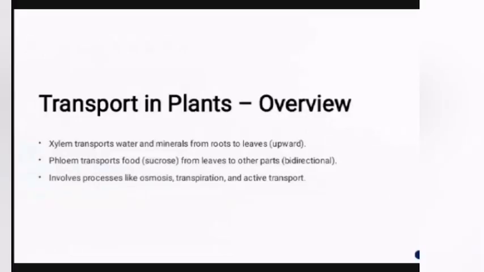Transport in plants. In previous classes I've always mentioned xylem and phloem. Now, xylem is what? It is a vascular structure responsible for transporting water and minerals from the roots to the leaf. So it does what? Upward transport. You can call it unidirectional upward transport. So you look outside your house, you will see a tree. The xylem in that tree performs a unidirectional